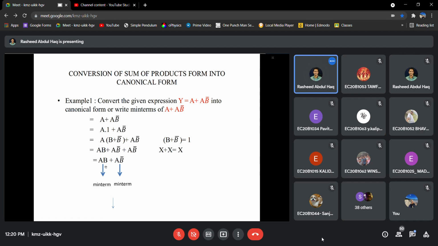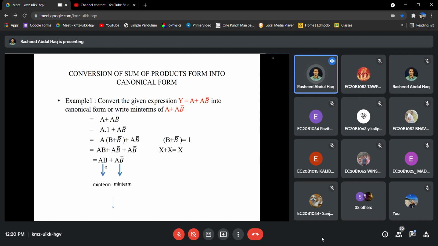Understood? We have studied many rules before. So in that it is clear that the sum of anything, like A plus A, is equal to what? What is the sum of A plus A? Yes. Similarly, AB bar plus AB bar is equal to AB bar itself. So it is expressed in minimum terms, and you will get it. This is in the canonical form: Y is equal to AB plus AB bar.